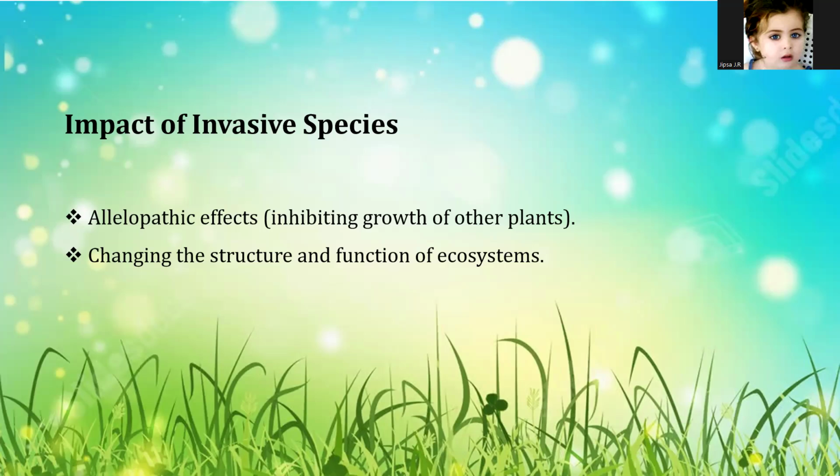The allelopathic effect: allelopathy is a biological phenomenon where a plant releases specific biochemicals known as allelochemicals into the environment to influence the growth, survival, or reproduction of other organisms. The main mechanism is that these chemicals are typically released through the roots, leaf litter, or volatilization from leaves into the soil. Inhibiting growth, in the context of invasive species, is essentially chemical warfare.